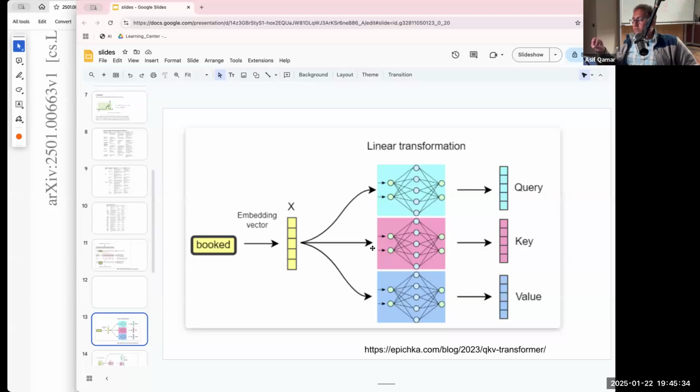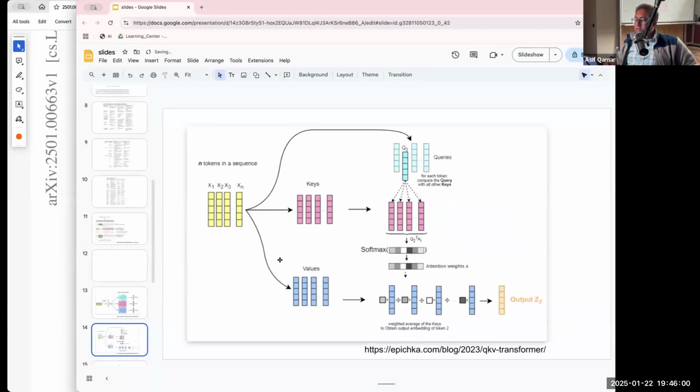I'm talking now about the inference time, or called test time. The training time is different, and we will talk about that separately. Imagine right now we are in the inference time, and this keyword comes in. And then what happens in the transformer architecture, by looking at the learned weights, is that it's able to get the query vector, key vector, and the value vector. So that's what this diagram says.